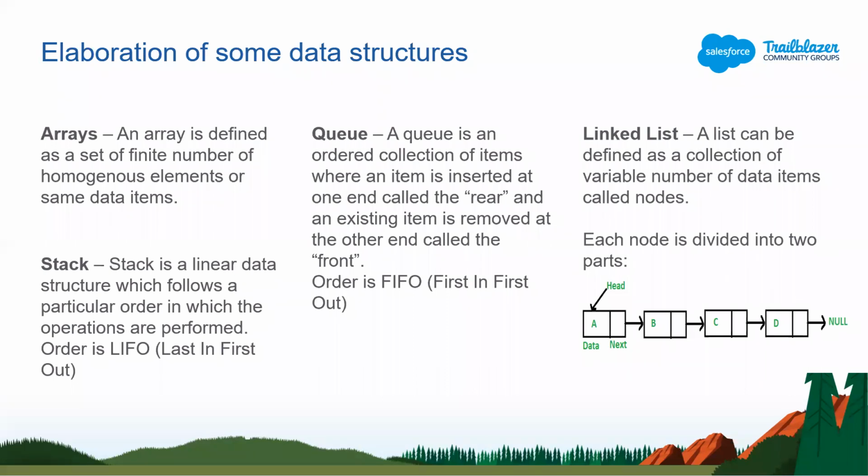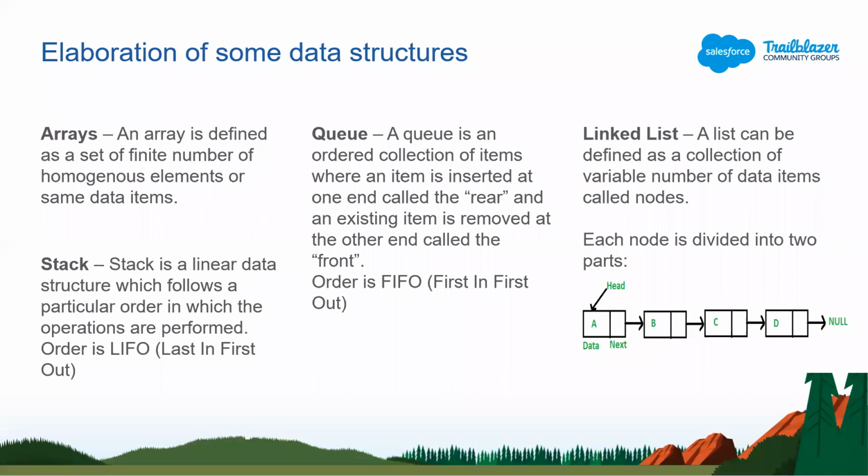For example, we can say that we are making a queue at the airport to submit our luggage bag. There we can see that whichever person joins the queue first will be depositing the bags first. So here we can see that the person who comes first will get out first. So this is the difference between stack and queue.